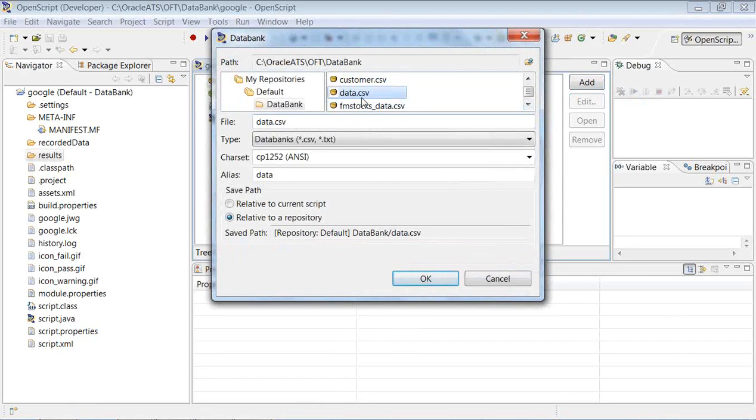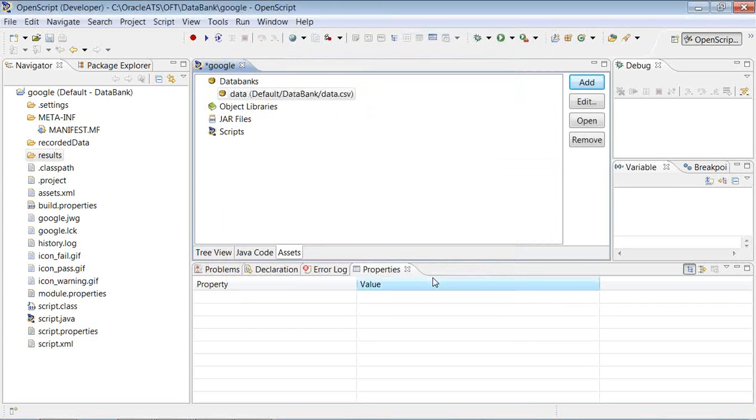Data.csv. Usually, at the time of loading the software itself, it's better that we plan all these things, create all the data files and put them here, so that at the time of loading it will load all this data. Now it is working. In the previous versions at least it was not working like this. In the latest version it is working like this. So now I have associated the data.csv file with the repository. You can see that the data file has been added to this repository.